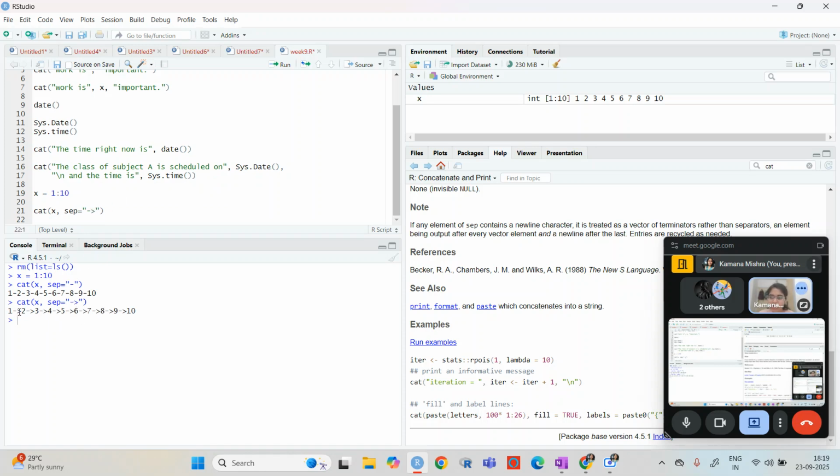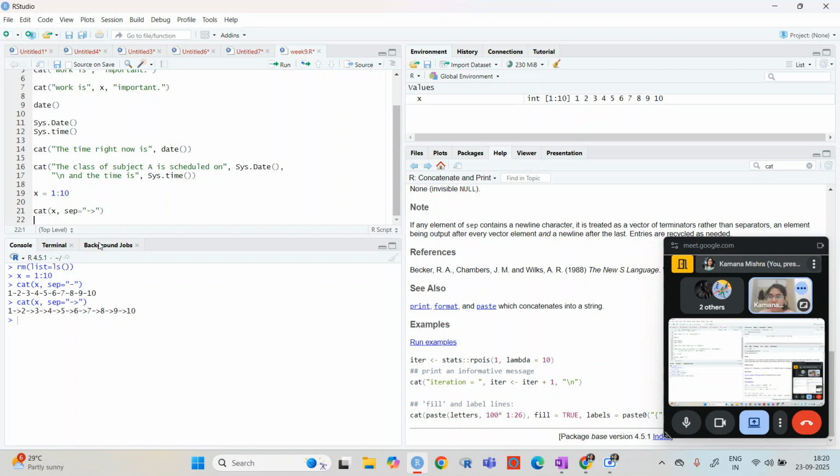Okay, so this will also work. So you can give any kind of symbol here. You can give one and then go to two and then three, four, five, six, seven, eight, nine, 10. So basically you can give any symbol here and that will work like this.